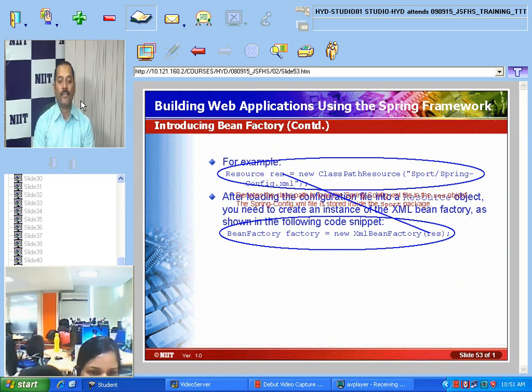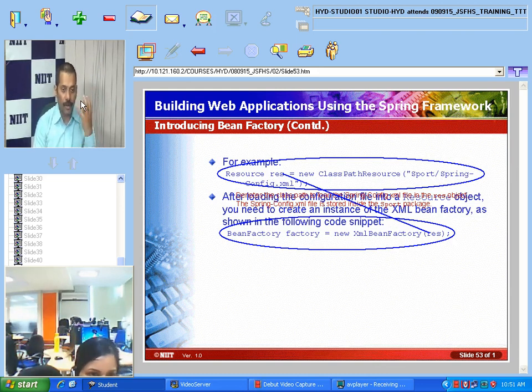Shivani, where will our bean information be stored? In the bean factory? No, the bean factory is the instance, a runtime instance, which will hold that particular bean.